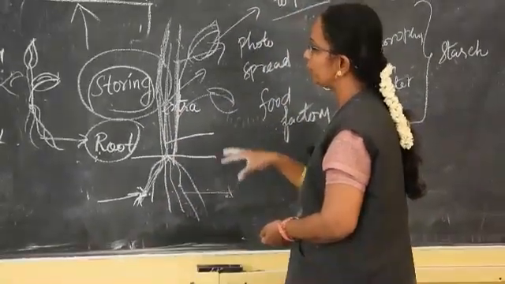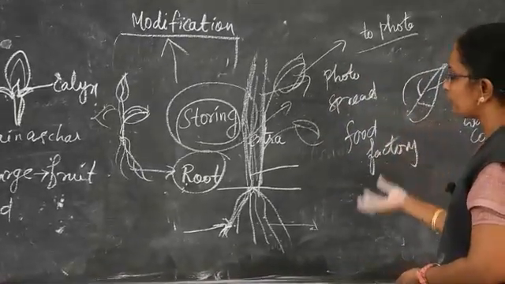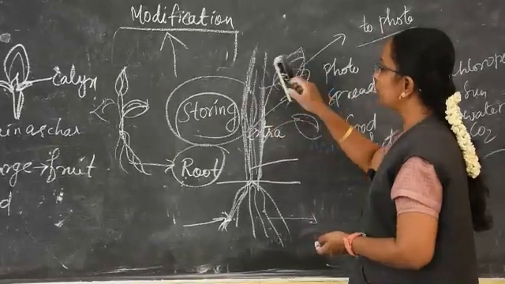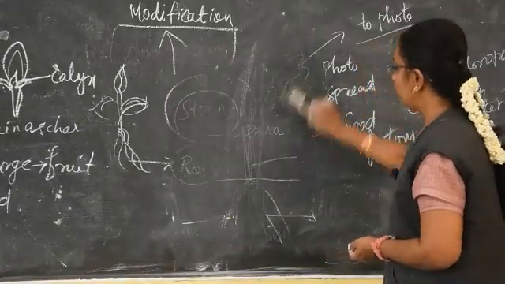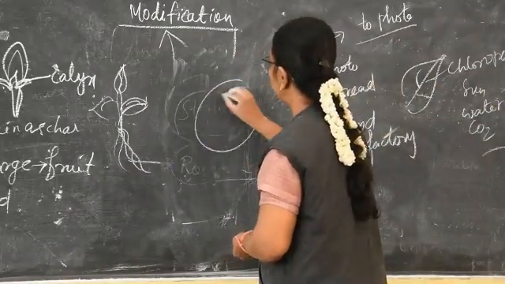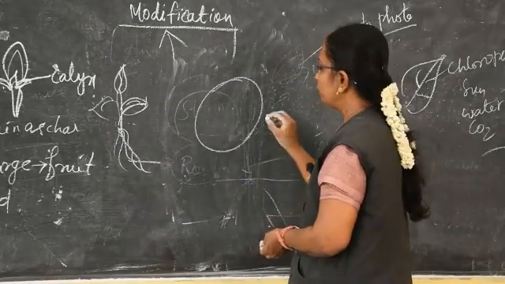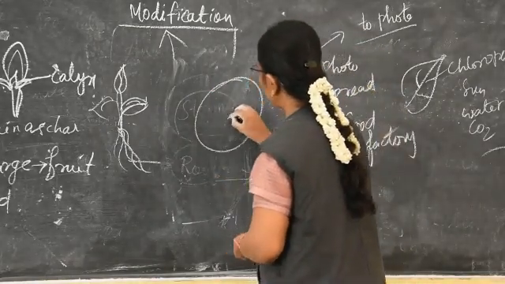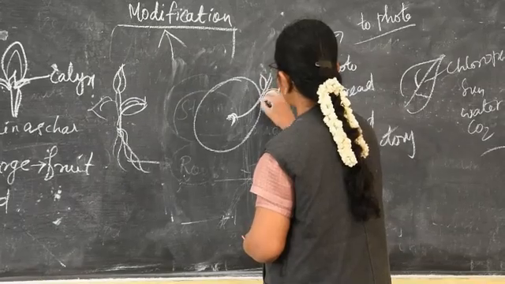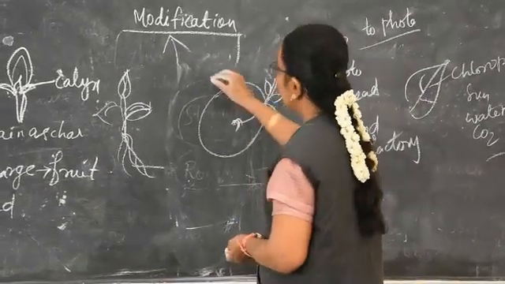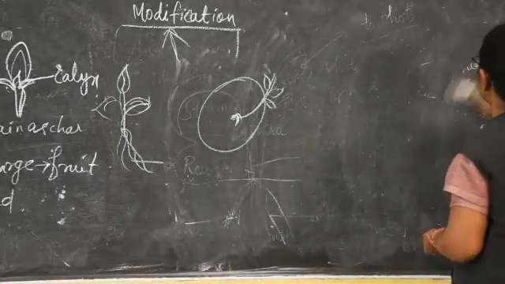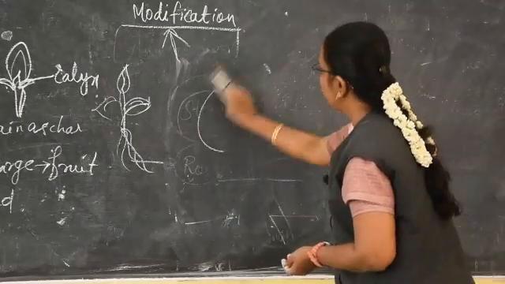Apart from these functions, what are the plants doing? They are storing their extra food in their parts itself, either in the root or in the stem or in the leaves. That is known as modification. For example, if we take potato, we have seen already, it consists of eye-like portions. From the eyes, a new plant arises. So, this is known as one of the modifications. Before going through the modification, we will move on to vegetative or asexual reproduction.